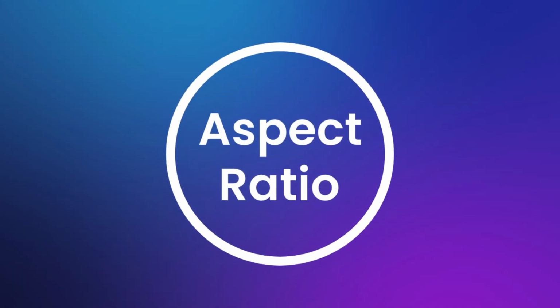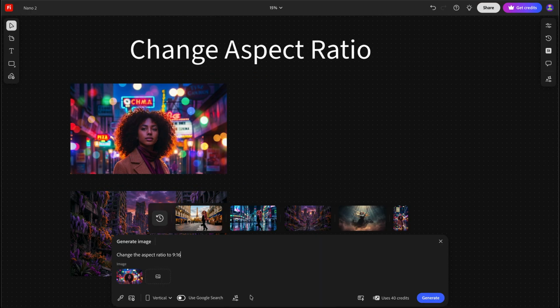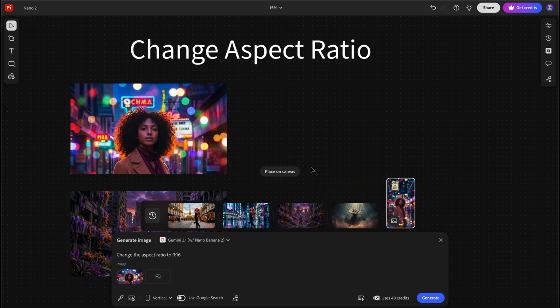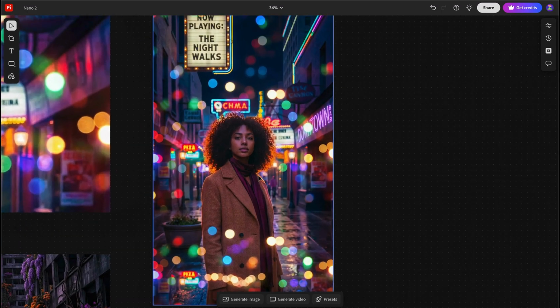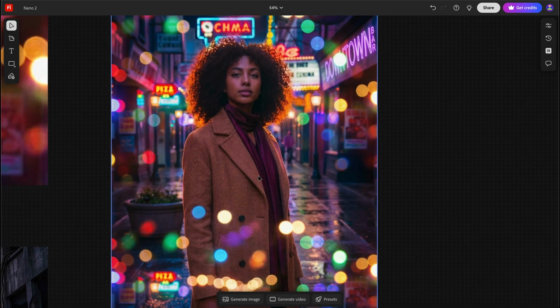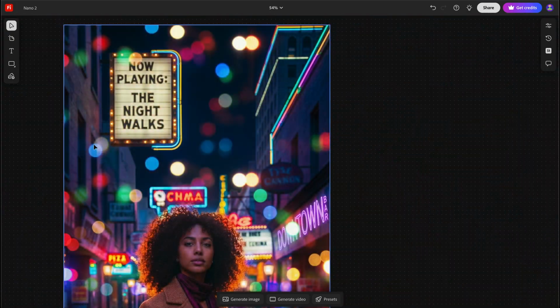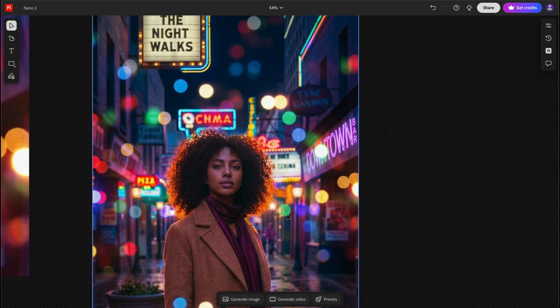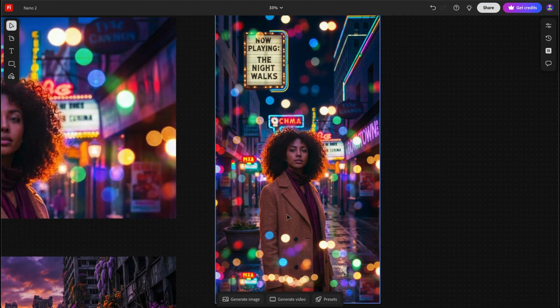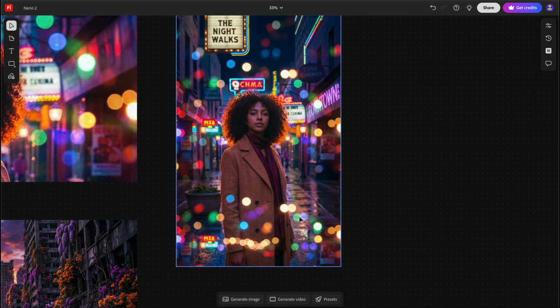Next, let's talk about aspect ratio. So this next feature I think is going to come in handy for changing the aspect ratio of images, especially for social media. So I asked it to change this image to an aspect ratio of 9:16. Wow, it did an amazing job. It kept the lighting, the style of lighting that I had. It also is a little bit crisper. You know what else I noticed? The text on the sign actually makes sense. It doesn't look like it's made up. Again, with the details of like her coat, the lighting on the street, the details,